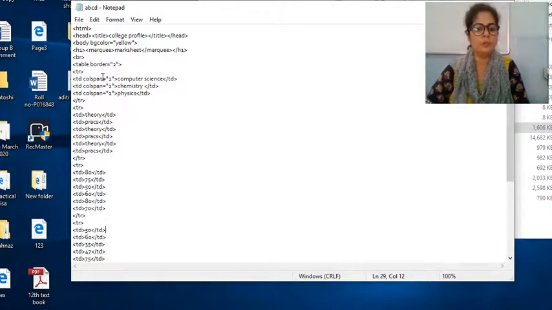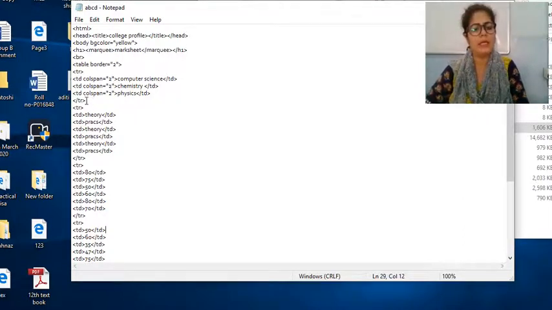I have told you that we can combine 2 columns. So what we can do is td colspan 2. It will combine the 2 columns, and we want to write the data computer science. So you can write computer science and td close. In the next cell, td colspan 2. Again it will span 2 columns, the value is 2. In the next cell, td is for the next cell. The next cell also combines 2 columns, and the data you want to enter is chemistry, and then td close.